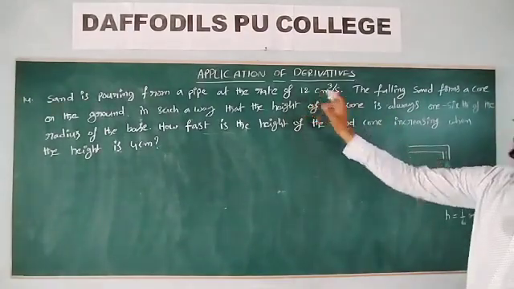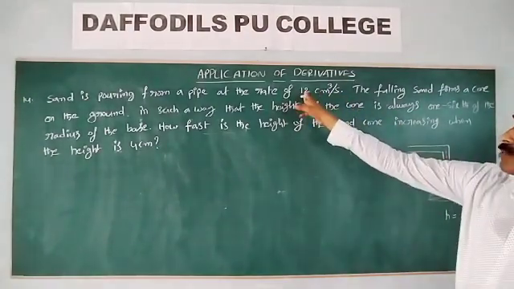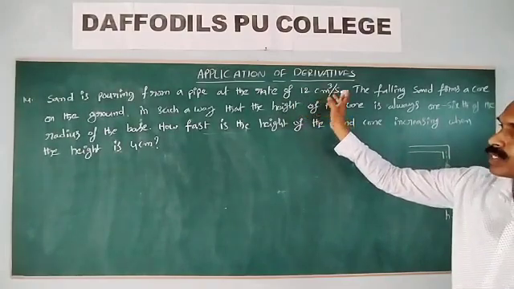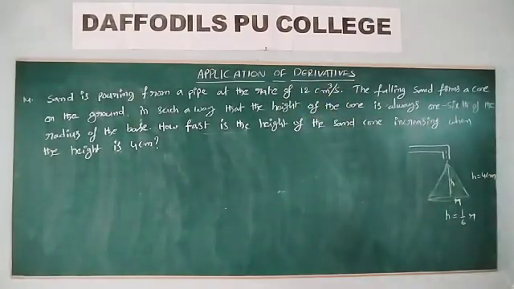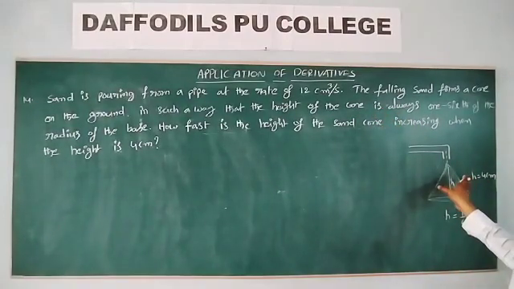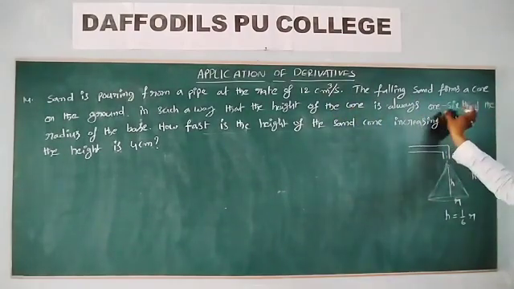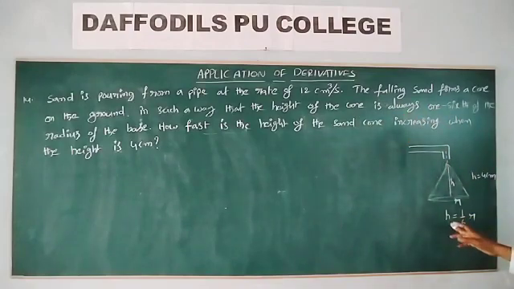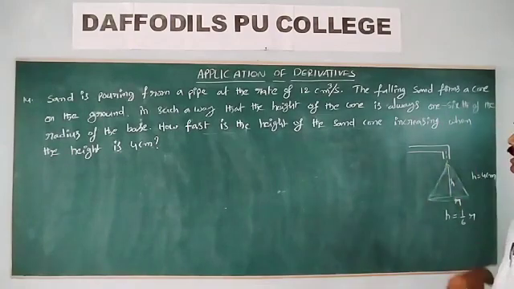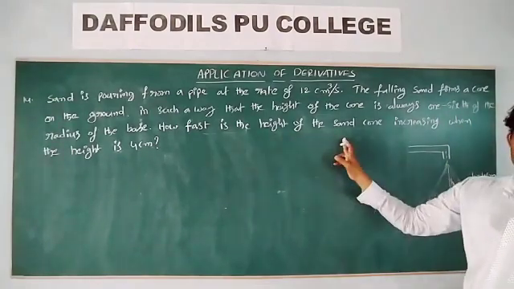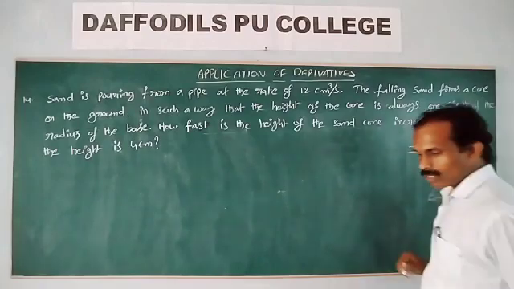Given is the change in volume of the cone. Sand is pouring, so the volume is also increasing, that is 12 centimeter cube per second. That is the change in volume, dV by dt, given. And height h is equal to 4 centimeter, and the condition is h is equal to 1/6 of r. These are the given data, and we finally find the change in height. So first understand this question.